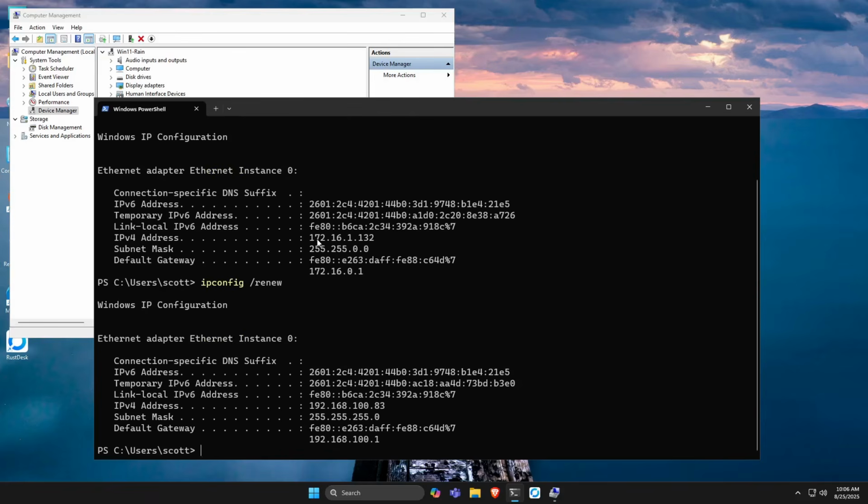And you'll notice my old address was 172.16.1.132, whereas my new address is 192.168.100.83. Notice my old gateway, the way that I get off the network to other networks, is 172.16.0.1 originally, and now my gateway is